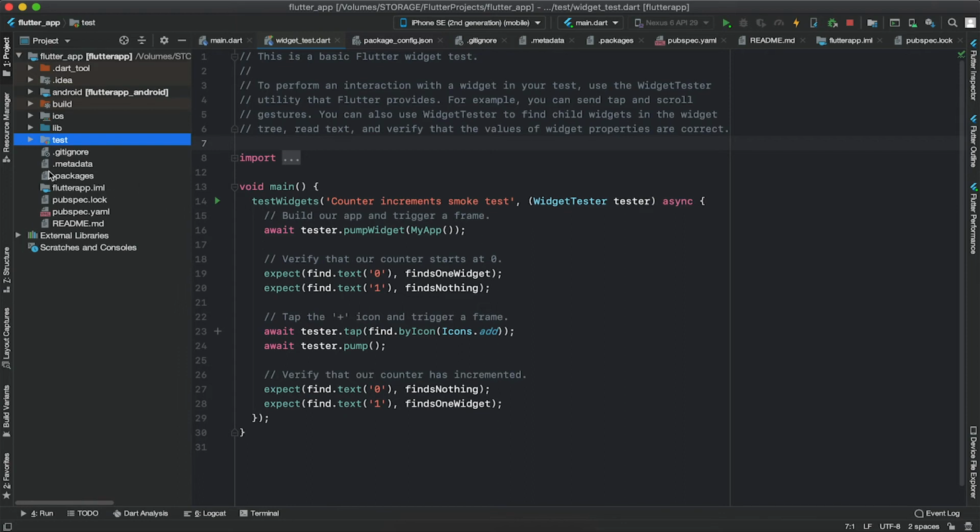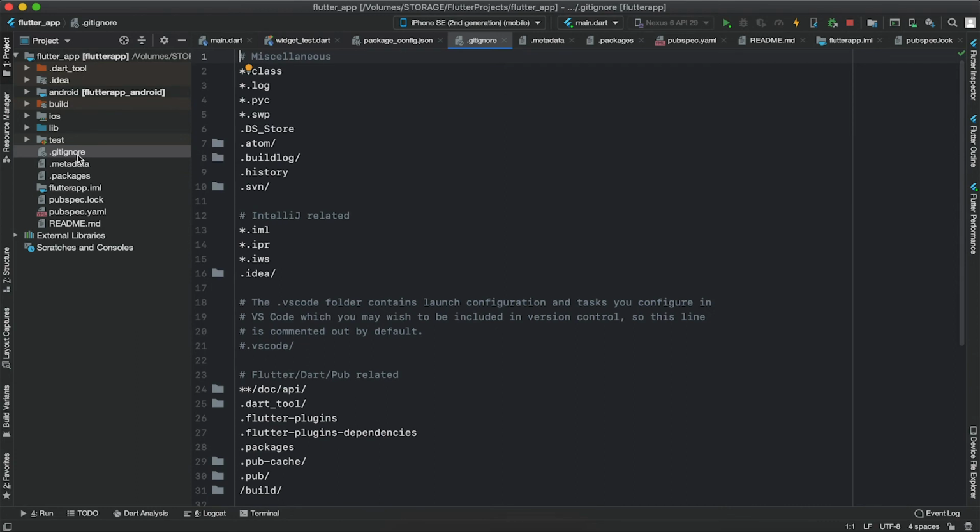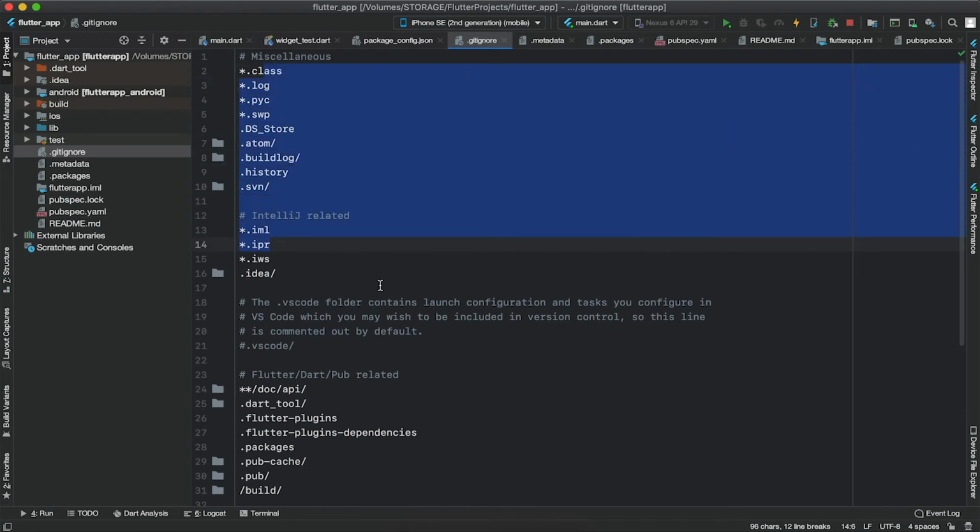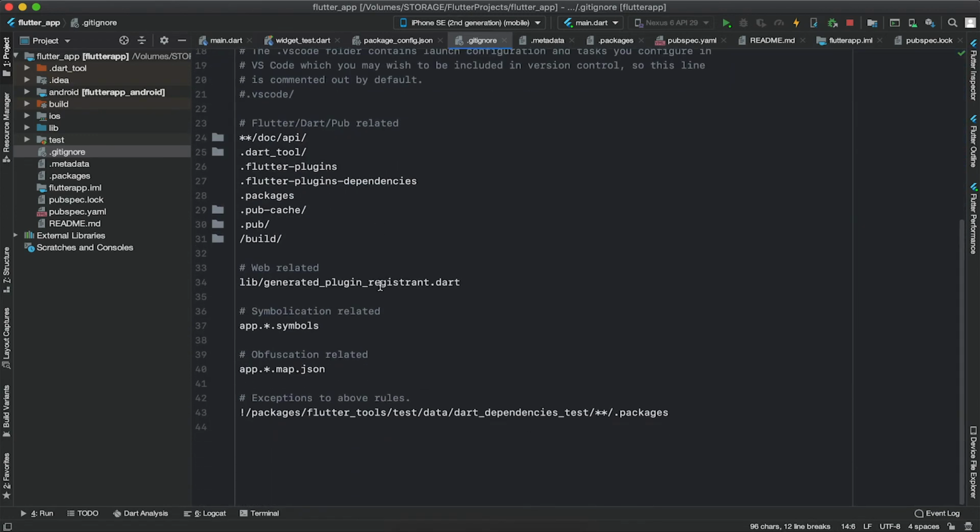Now let's see the files we get inside a Flutter project. The first is this .gitignore file, and this is a text file containing a list of files, file extensions and folders which should be ignored while working with Git. Git is a distributed version control system for tracking changes in source code during software development, and it is a very helpful tool if you are working in a team to coordinate your work among programmers and also to track changes in